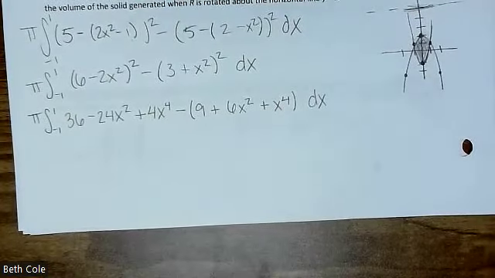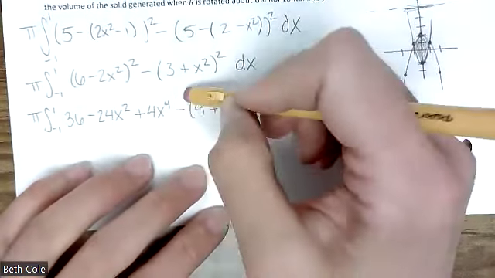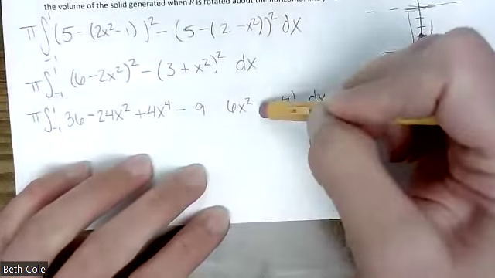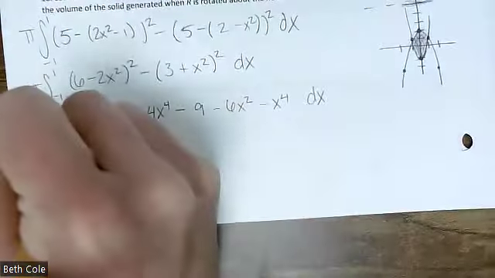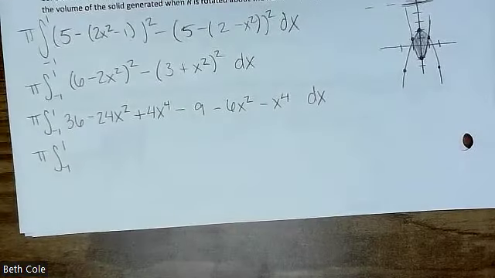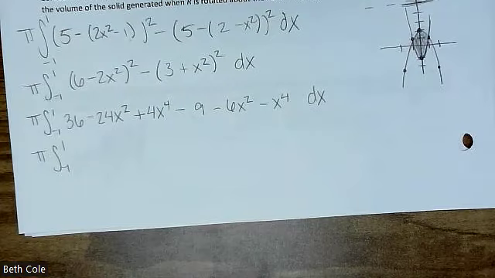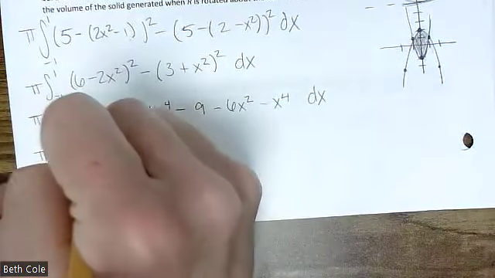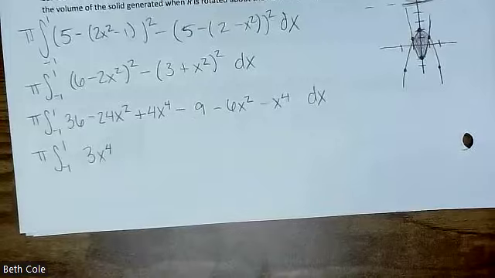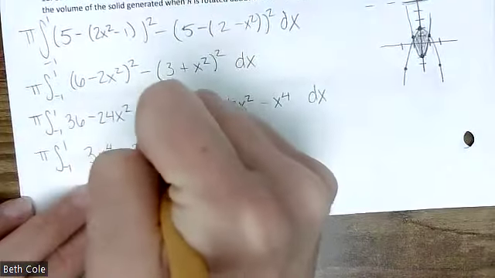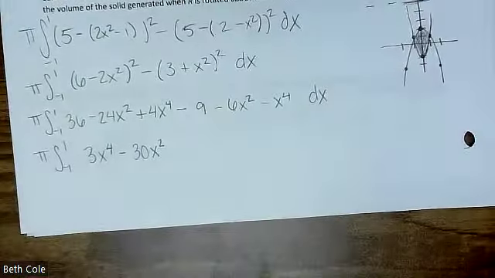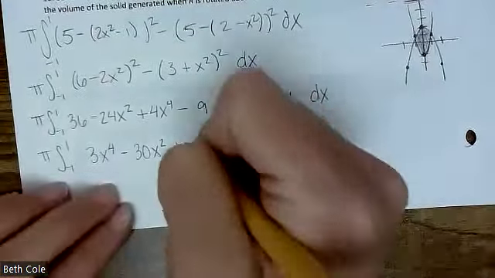All right, now here's what I would do. You're writing with pen, sorry. If you're writing with pencil, if you distribute that negative through there, they're all just going to turn negative. And then one more step of algebra, we're going to put the like terms together. So let's do them in order. What's the x to the 4th? How many x to the 4th have we got? All right, 3x to the 4th. And then minus, what is it, 30x squared? 36 minus 9,